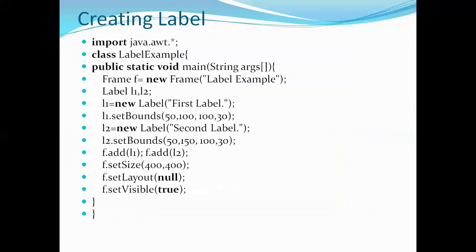Now let's see how to add different components for this AWT frame. First, let's see how to include this label. I want to add the label to that particular AWT frame. A label is nothing but a particular name kind of thing, so I have to include it in the frame.